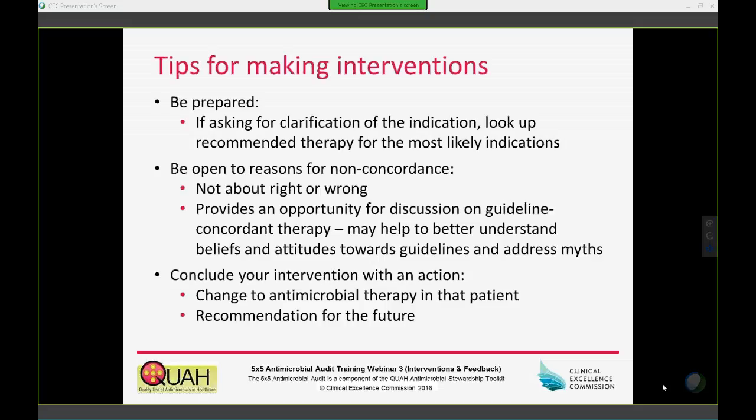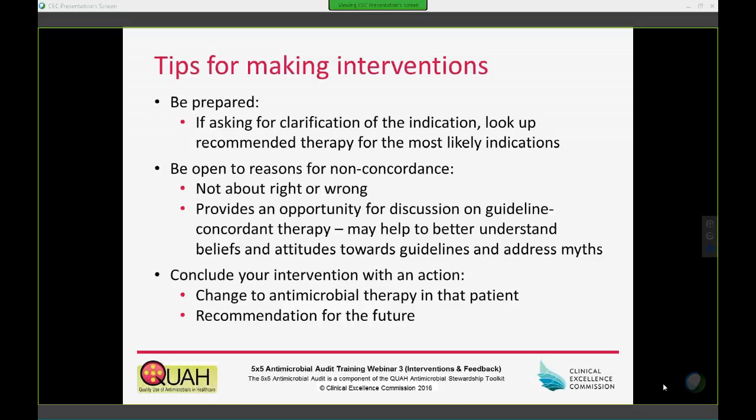You might want to look up recommendations for community-acquired pneumonia, for infective exacerbations of COPD, or similar lower respiratory tract infections. Be open to reasons for non-concordance. So this audit is not about right or wrong. It's essentially about having a discussion with prescribers on guideline concordant therapy. And by finding out some of the reasons for non-concordance, this might help you to better understand beliefs and attitudes towards guidelines